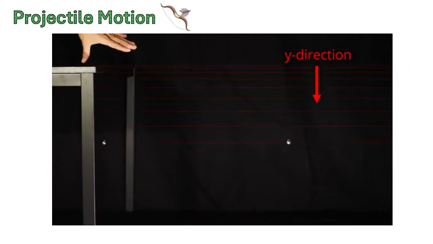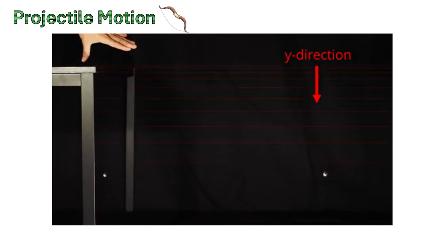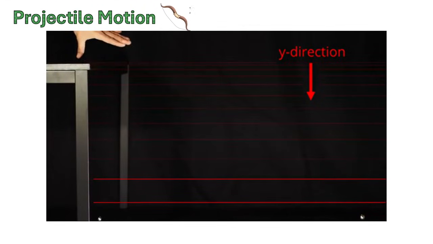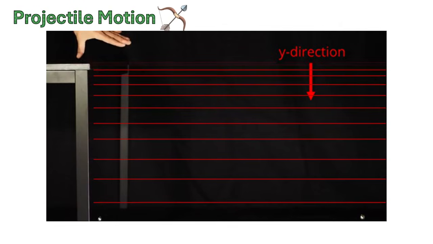Although the distances between those lines are increasing by the second. So these are the lines that I've mentioned before. If the distances between them are increasing, this means that the objects, those are marbles,